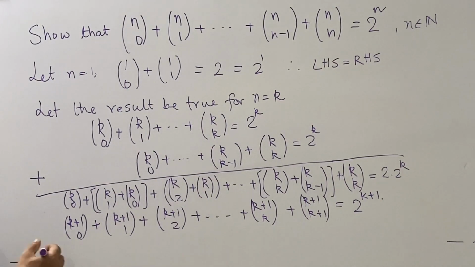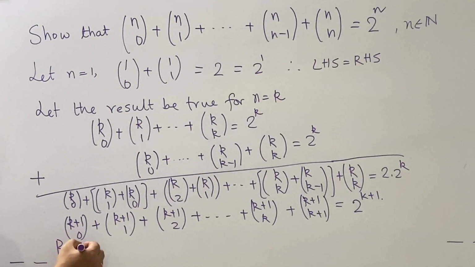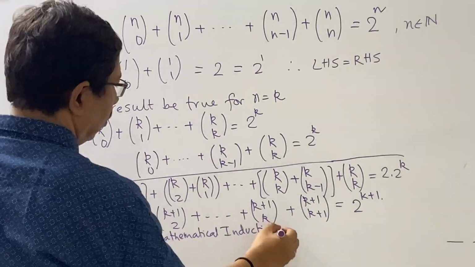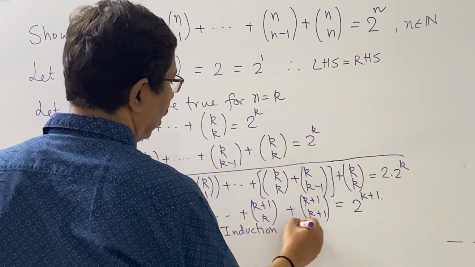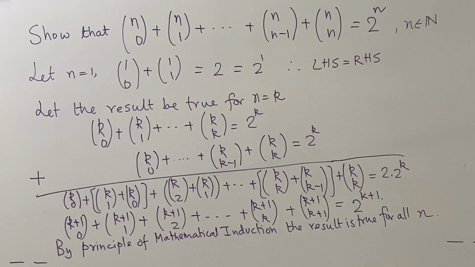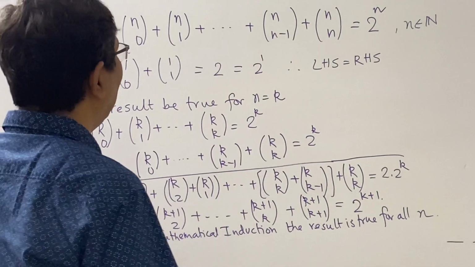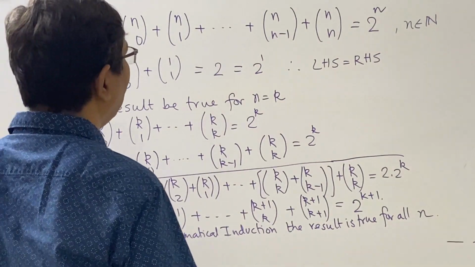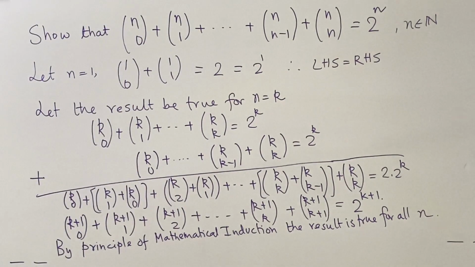Hence, by the principle of mathematical induction, the result is true for all n. One way of interpreting this is that we can think of all the subsets of a set with n distinct elements. Any subset of a set with n distinct elements will either contain 0 element or 1 element or 2 elements, up to n elements,